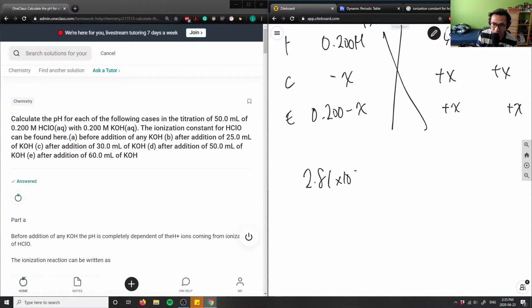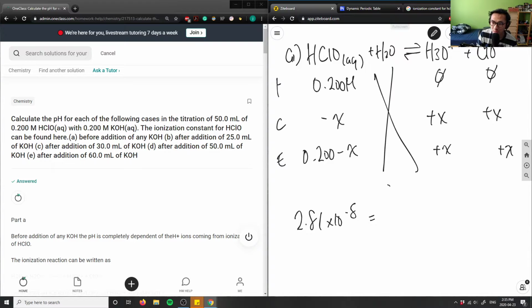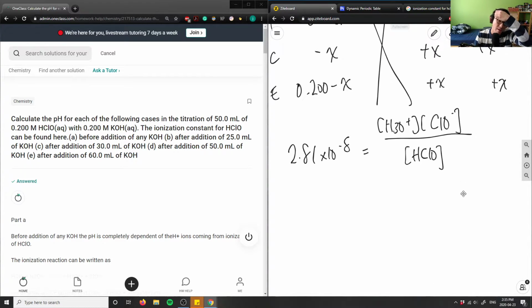2.81 times 10 to the negative 8 will equal basically my products over my reactants, right? So in this case, it would be the concentration of H3O plus times the concentration of ClO minus over the concentration of hypochlorous acid, right? And again, water doesn't play a part in my concentrations here. Again, I can fill out that this is 2.81 times 10 to the negative 8 equals, I have x